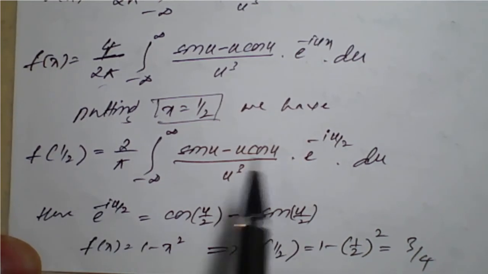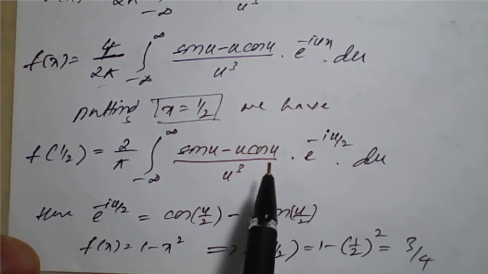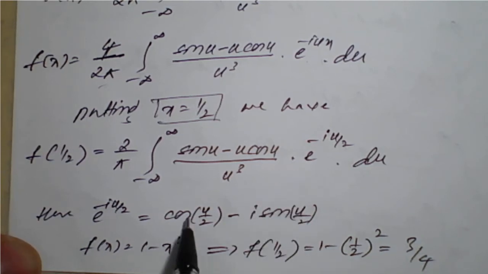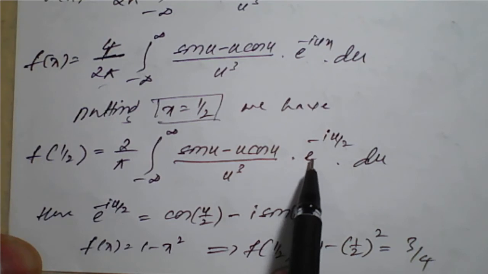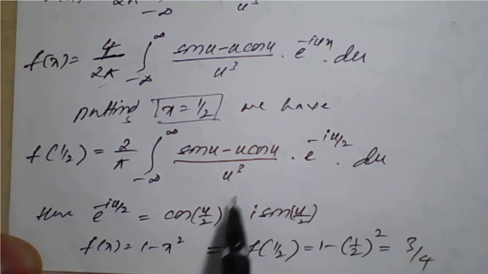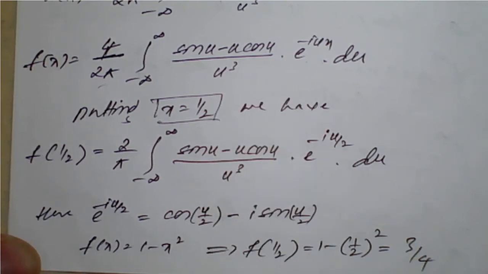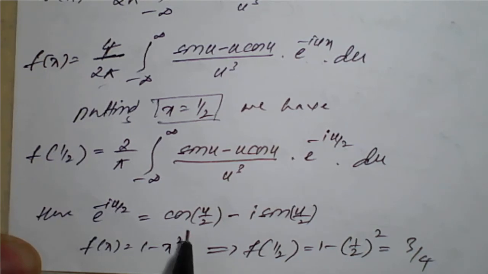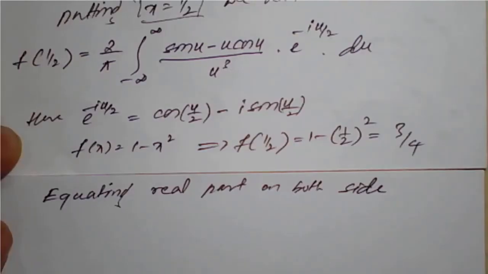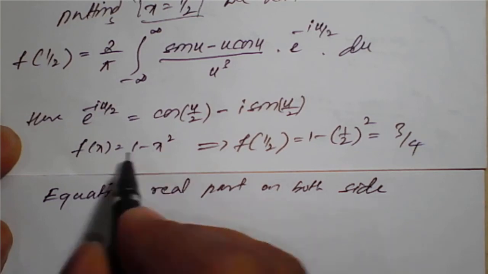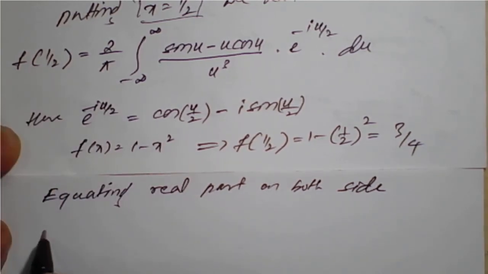If you compare on both sides, the real part, only cos of u upon 2, is going to be replaced instead of e raised to iu upon 2, because as per the required question we needed a cos term. Cos is nothing but the real part here. So on taking the real part on both sides, equating real parts on both sides, what we'll get here is f of 1 by 2 is nothing but 3 by 4